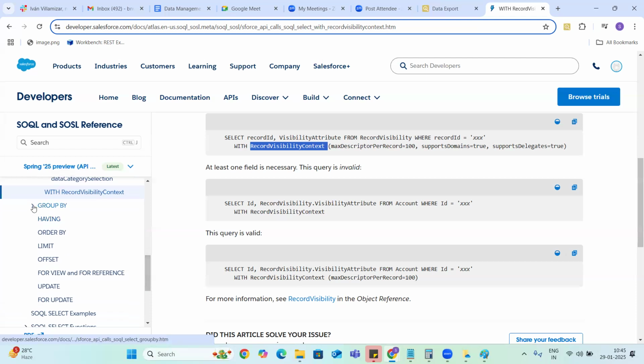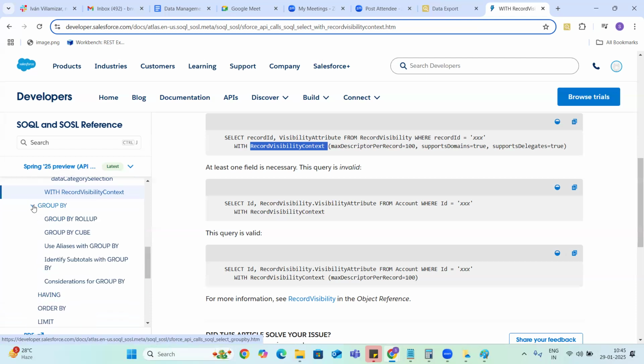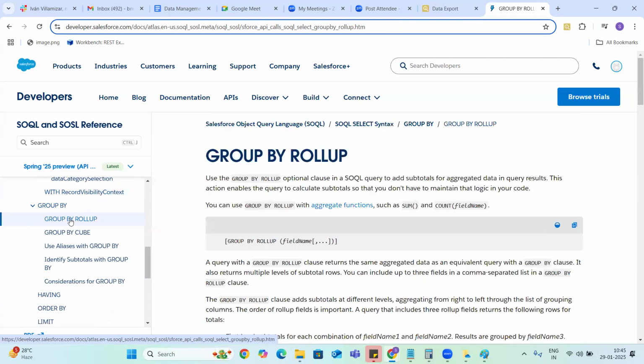And again, a lot of interview questions on group by and having clauses. Group by we generally use for roll up, guys.